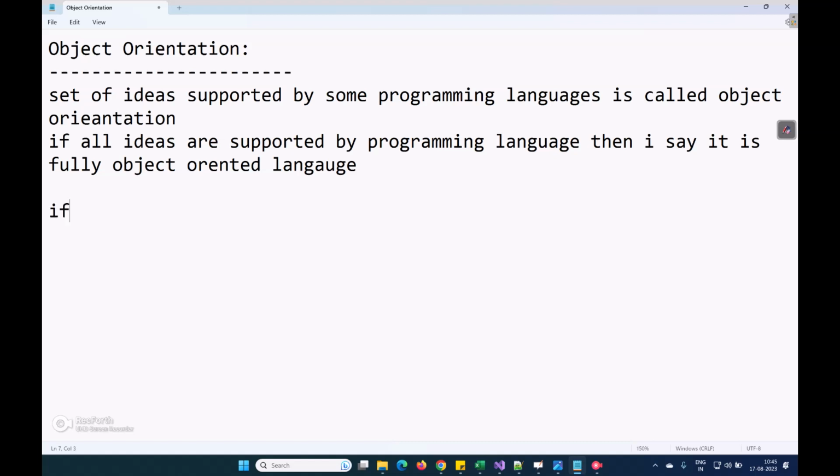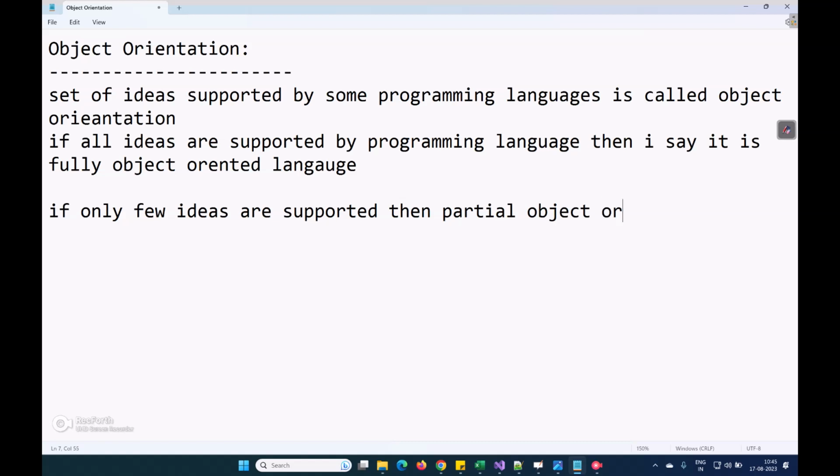If only a few ideas are supported, then it is a partial object oriented language. What are these ideas?